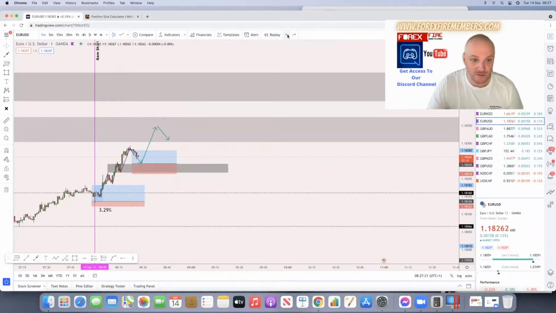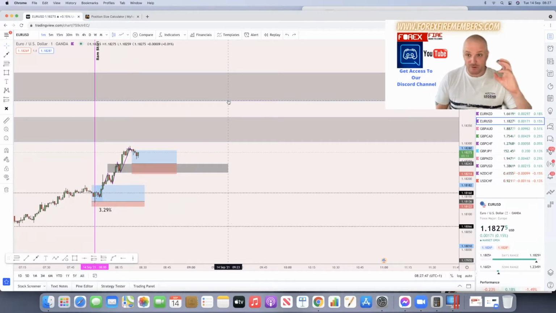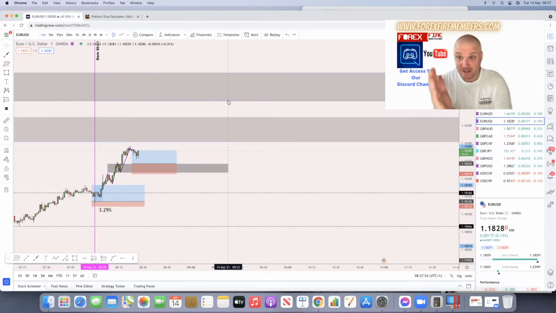Okay, so I'm just going to get rid of this. And what we'll do is we'll keep this live and we'll keep these boxes on here open, because we know this is where the play area is going to be, or at least that's the bias on this. Okay, it's always good to have a projected bias on where you think the trading should be heading towards. Doesn't always have to be correct, but at least if you are wary of your structure and where your imbalance areas are, you know there's a bias on the direction that price could head towards, like a magnet.